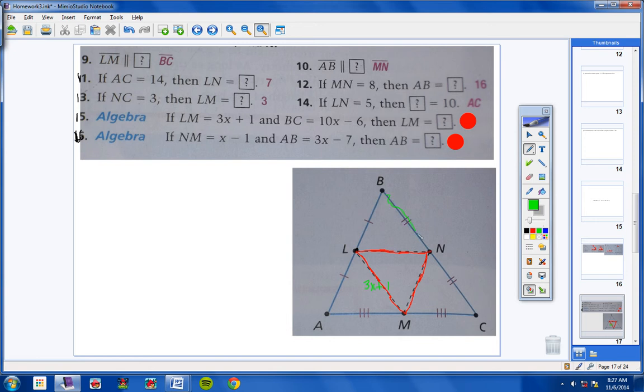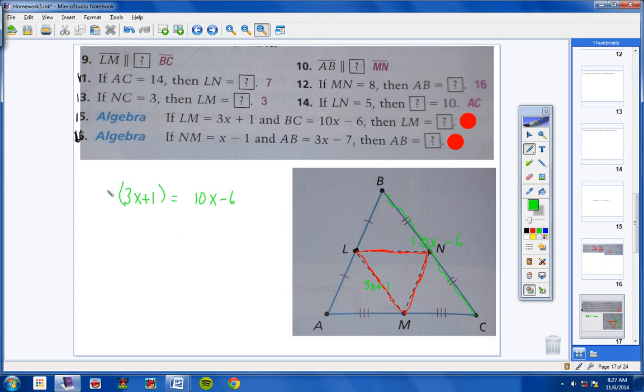So this whole segment here is 10x minus 6. Now, if I want to set these two phrases equal, watch this. 3x plus 1 equals 10x minus 6. I cannot set them equal, students, unless I take the shorter side, which is 3x plus 1,